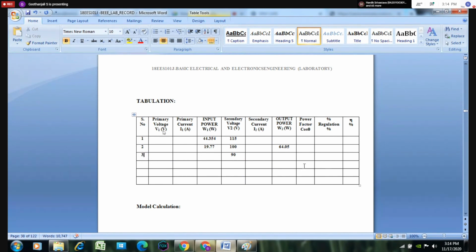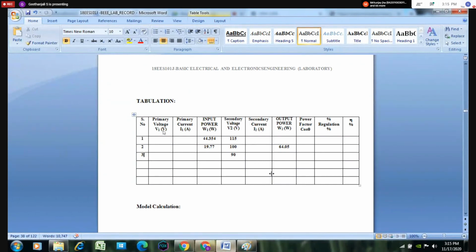So any doubt? I told you how to fill the tabular column and how to take the readings for this experiment. You can ask now, and afterwards I'm going to take attendance. One more thing: today I will change the submission date. Today is the final last date for submitting the first 3 experiments to my GCR. After this class I will change the submission date. All of you submit your first 3 experiments in the GCR, or else it will be considered as 0.